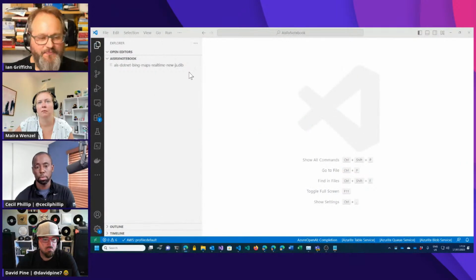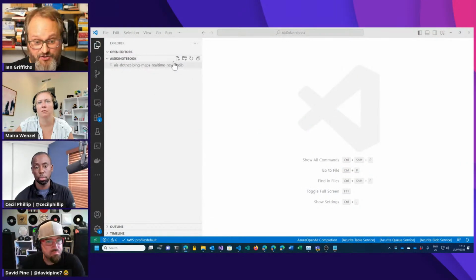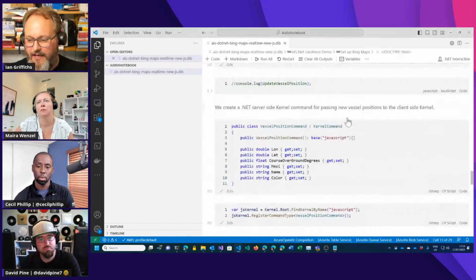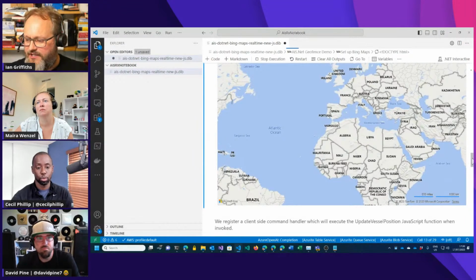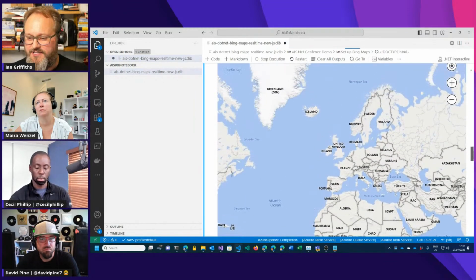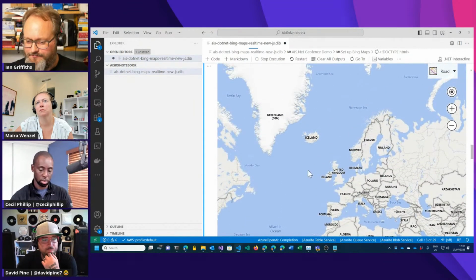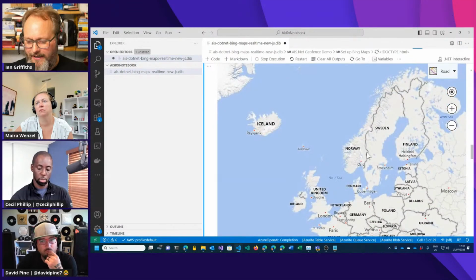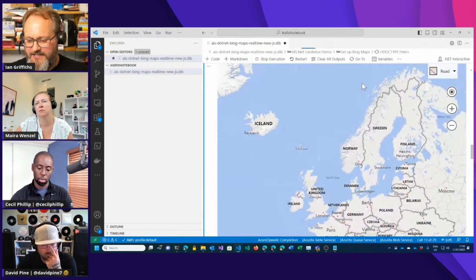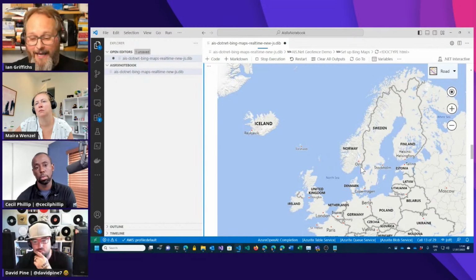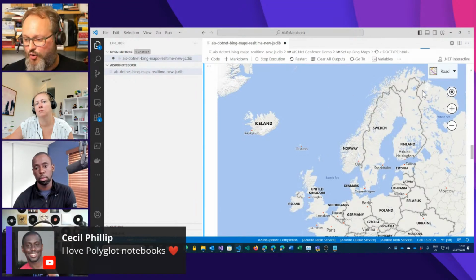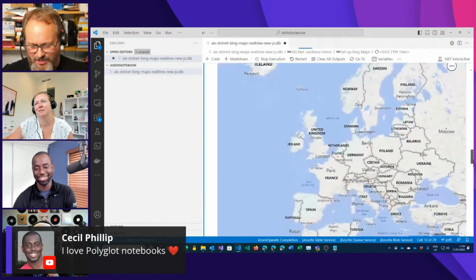talking about. So I've got Visual Studio Code here, and I've got the Polyglot Notebook extension installed, and I'm just going to run this notebook, and I'm quickly going to tell you what it does first before I start showing you the code. So you can see I've got a map here, and if I zoom in on Norway, what's going to happen in a minute is we're going to start seeing lots of little markers appear around the coast of Norway, assuming my demo actually runs correctly, that are going to show me where ships are sailing around the coast of Norway. I'm going to take a quick peek at the execution status of this to see if it